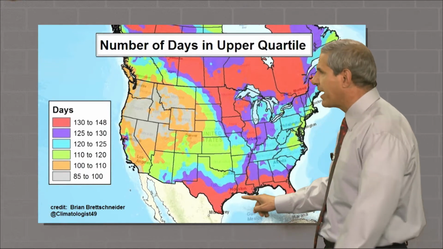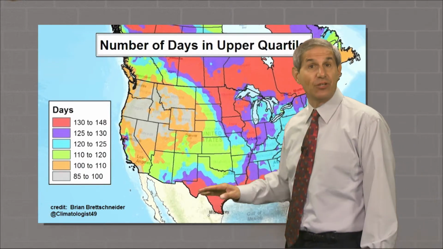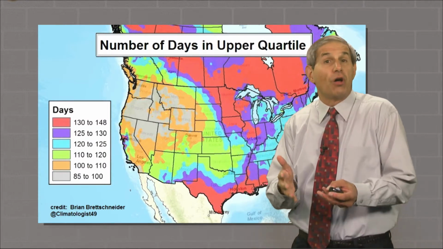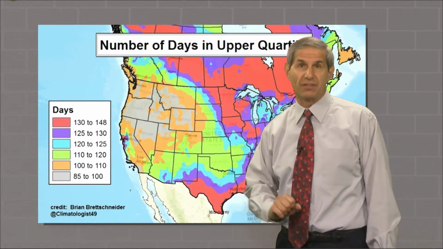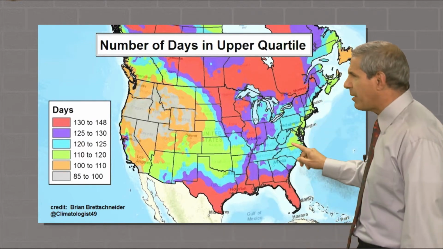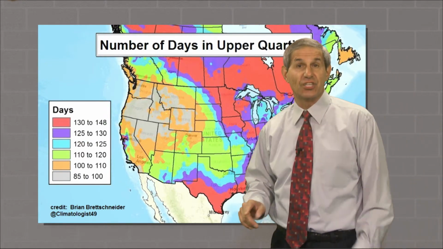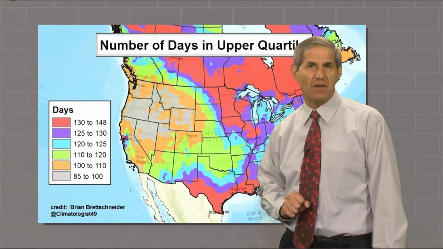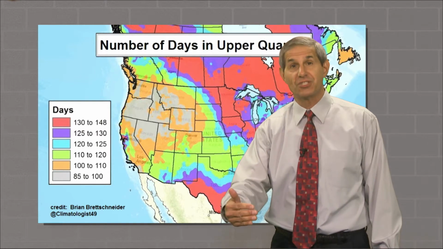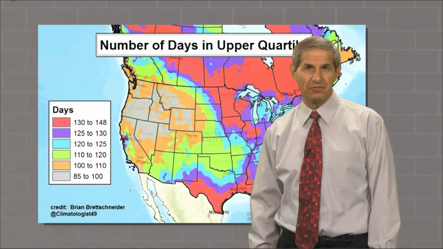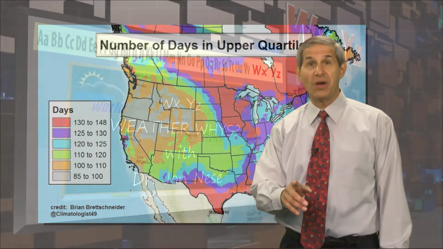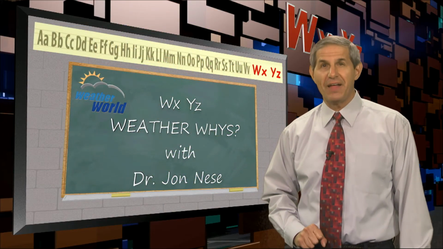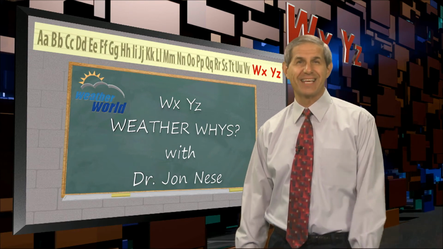The red shows higher values in the deep south and also in the upper Midwest and southern Canada, where the warm season isn't all that warm, but it hangs on a relatively long time. And here in the Commonwealth, the blue color indicates that just about all of us spend 120 to 125 days, a full 4 months, in that upper quartile of temperatures. Today was certainly one of those days, and as we've already heard, tomorrow and Friday will be as well. Beyond that, well, the extended forecast is next.